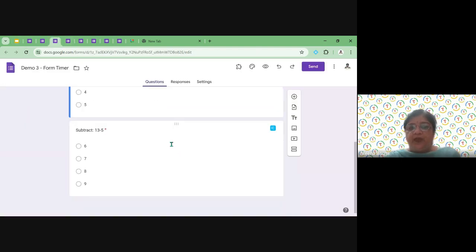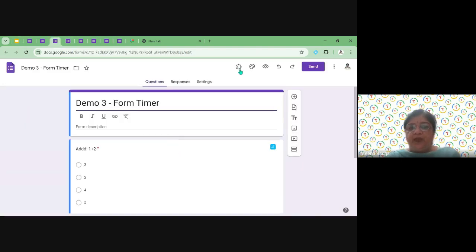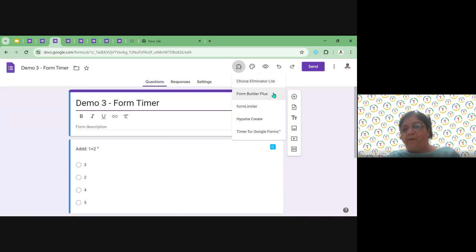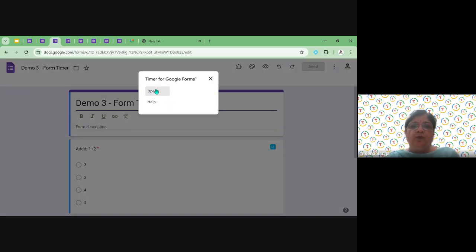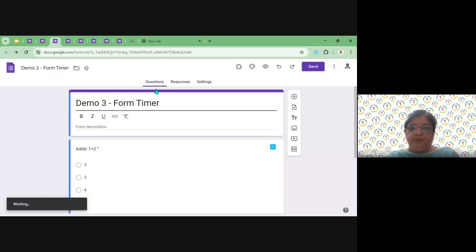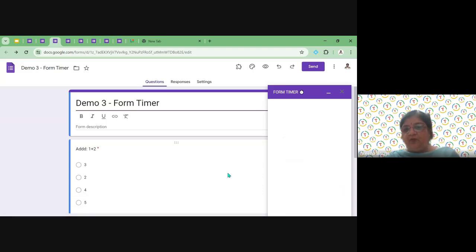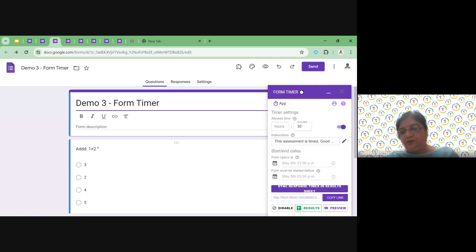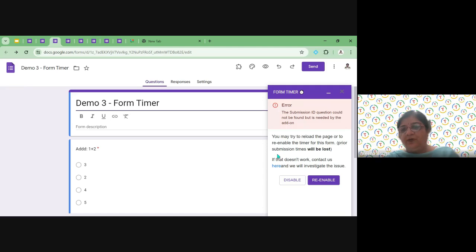I have just created this form and I'm coming to the add-ons control. You can see form timer here. Timer for Google Forms, open. How much time do you want to give?